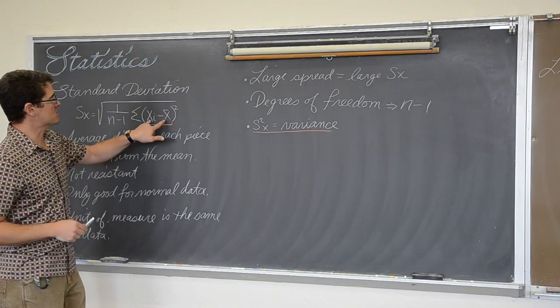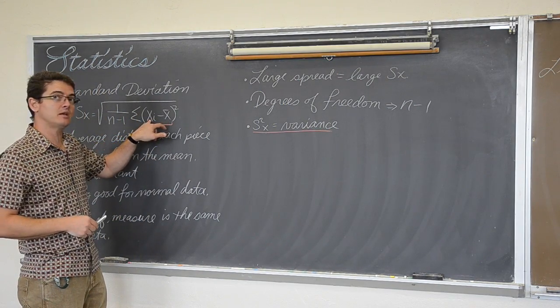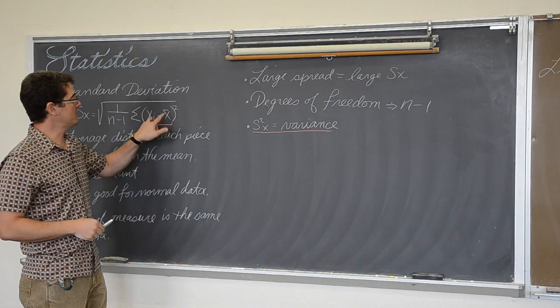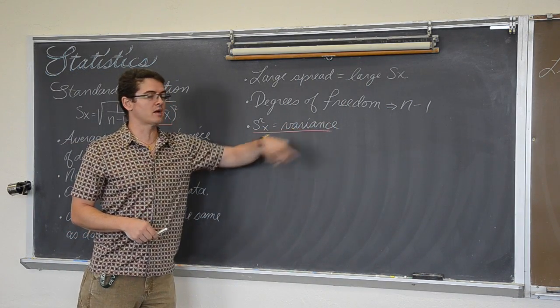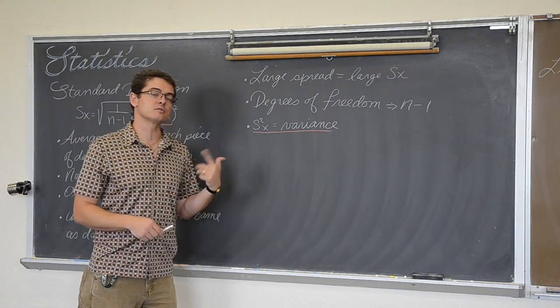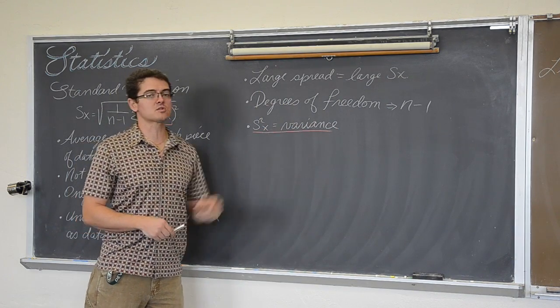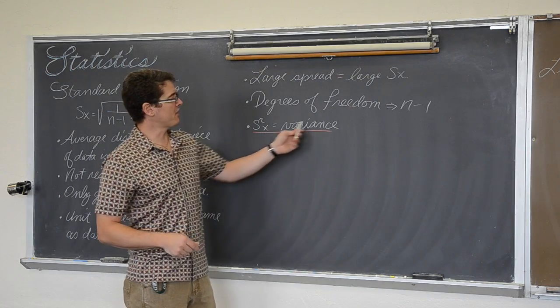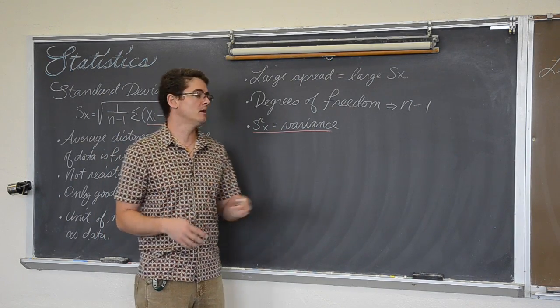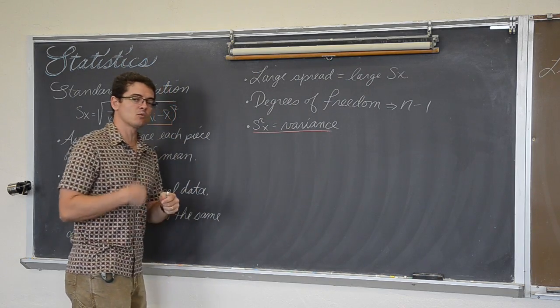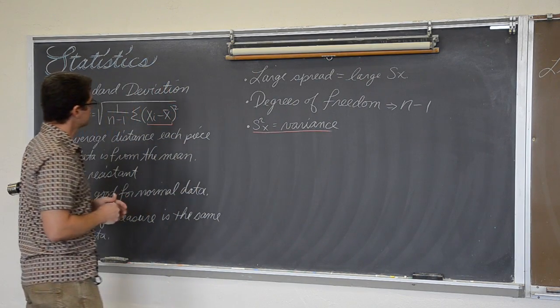Now, if we're taking these horizontal distances from each piece of data to the mean, and we're having to square those, then the unit of measure of variance is whatever the data is, squared. If the data is in inches, variance will be in square inches. We don't really use variance too much until much later in the book when we start combining multiple sets of data, but we do have to find variance first to work our way into standard deviation.